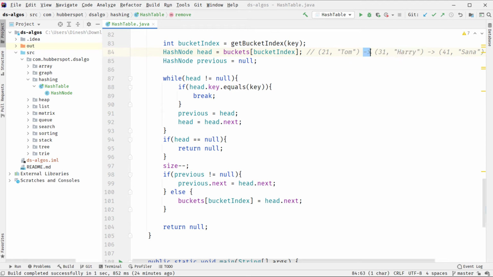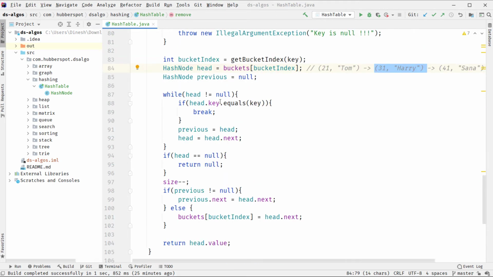So to previous next, we assigned head next this value. So now this hash node next will point to this hash node, and this hash node can be removed easily. So this step does that. So after this reassignment, head is still pointing to this. So at the end what we do is we simply return head.value, and once this method gets terminated, head is our local variable, so it will be garbage collected.